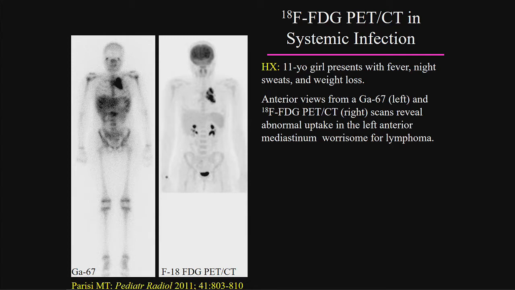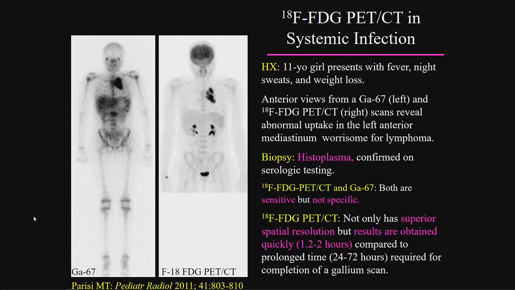So here, they look better on the screen, that's for sure. So here's the anterior images from whole body gallium and the MIP images of the torso and a whole body PET-CT in an 11-year-old girl who presented with fever and night sweats and weight loss. And as you notice, there's abnormal uptake in the left anterior mediastinum worrisome for lymphoma, but biopsy confirmed that this was histoplasma. And while both modalities are sensitive, PET has superior spatial resolution, and quickly you can get your results,